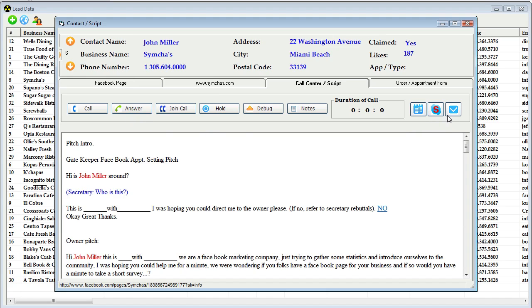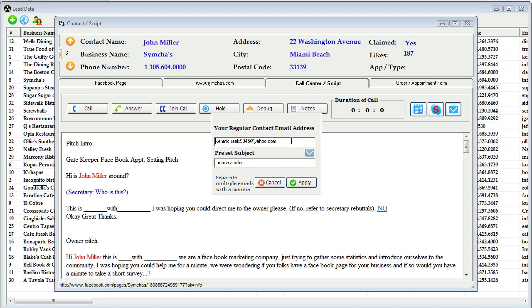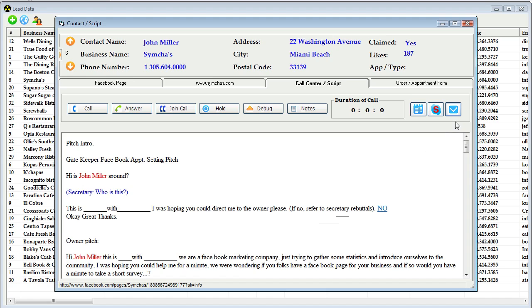Now, you also have the option if you're working with a VA, you can right click on this email icon. You can set up a regular contact, which I already did. I put in our email address or my email address, and I put in any subject line. In this example, I put in, I made a sale. You click apply, and then